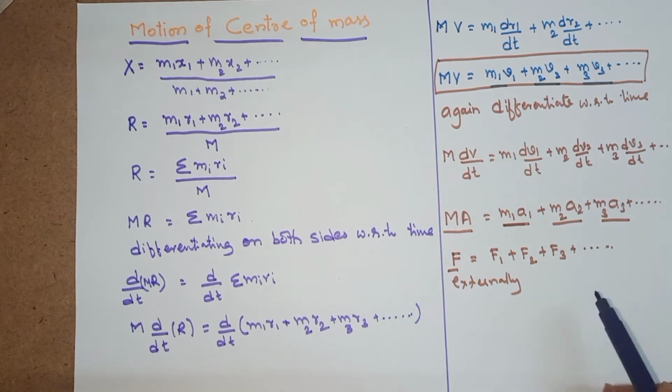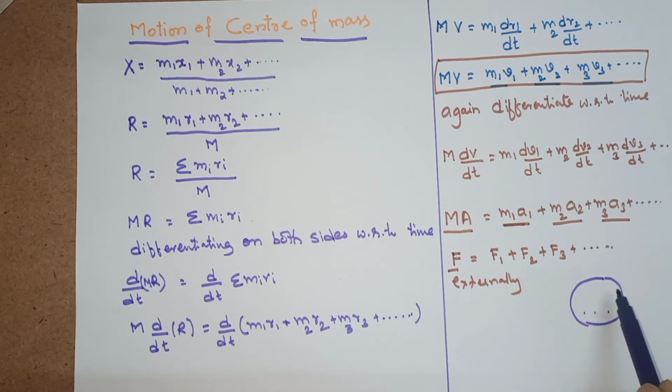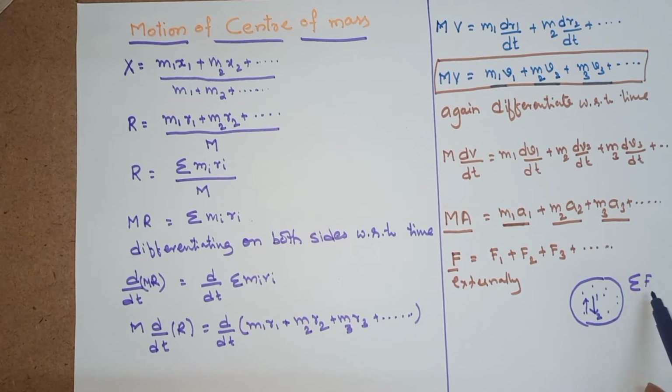Suppose you consider a body comprised of a number of particles. If the first particle acts with a force on the second particle, then similarly the second particle acts on the first particle in the opposite direction, so the total vector sum of the internal forces acting inside the body gets cancelled. The sum of the internal forces is equal to 0.